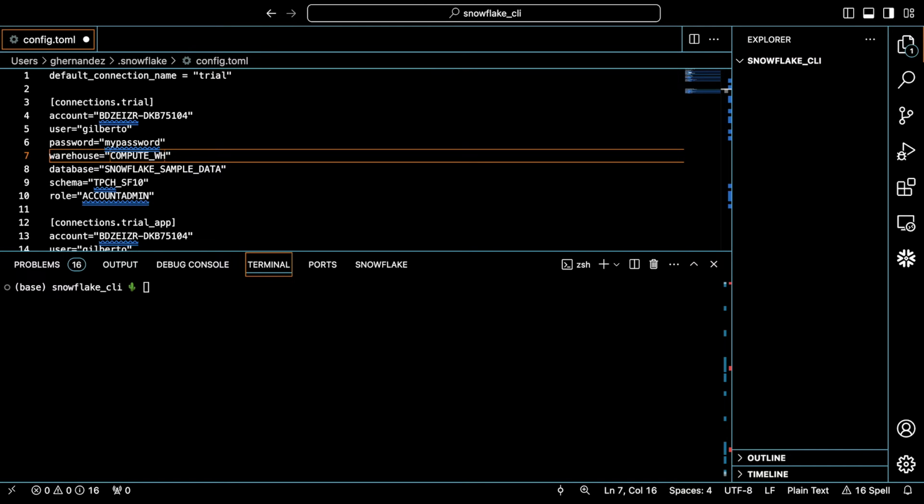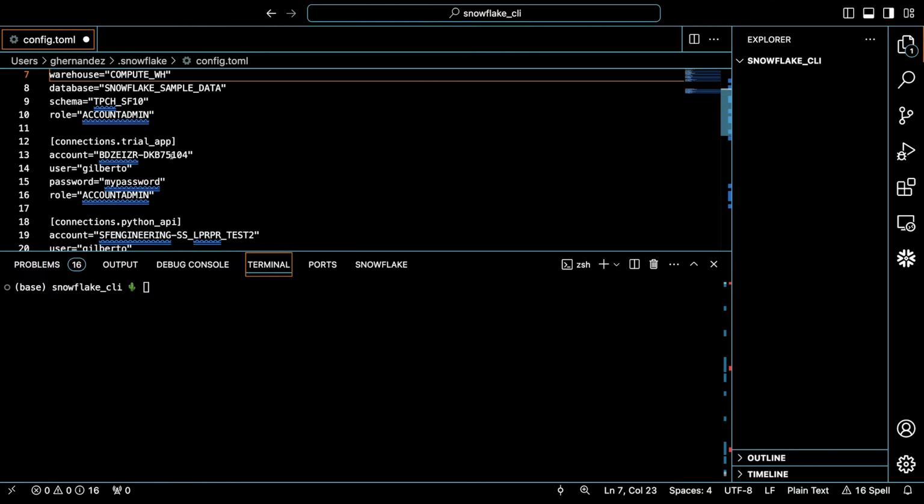Now you'll notice that I'm in the config.toml file, and the reason for this is because my default connection, connections.trial, already has some context specified, specifically the warehouse, database, and the schema. And this is the context that will be used when I attempt to deploy my Streamlit and Snowflake app. Now, I don't want the app to live inside of this database. I want it to live in another separate database that I'm going to create. But rather than modify my connections.trial connection here, I just went ahead and created a new connection,